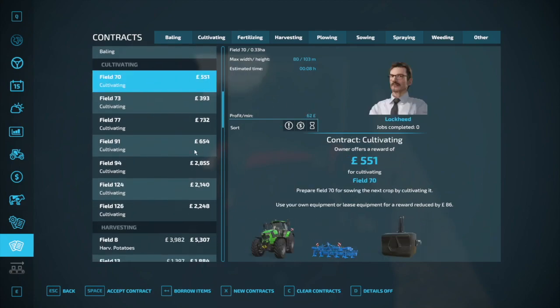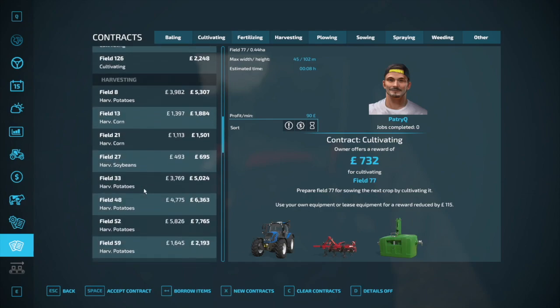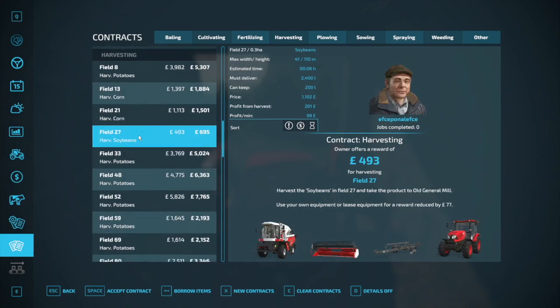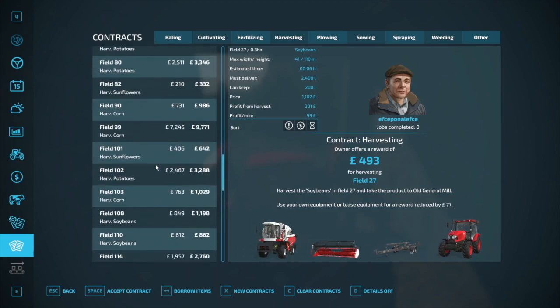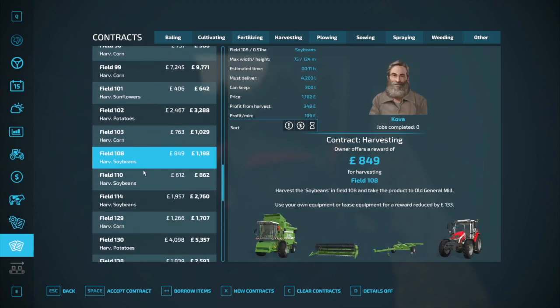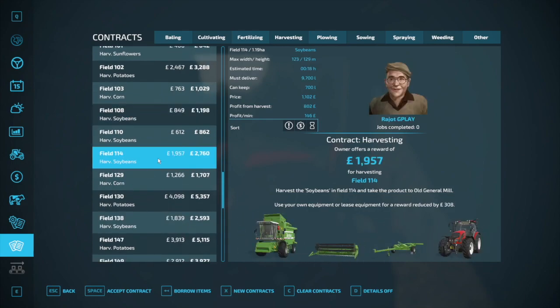Ooh, a nice small cultivating job as well. I do like this, I believe it's the better contracts mod, where it gives a few details about the job as well, which is very interesting, very handy. Right, we could do harvesting as well. Anything but... Right, just soybeans, really. So if we could do a nice soybean harvest...